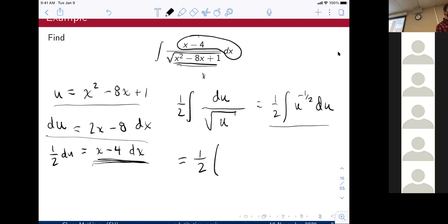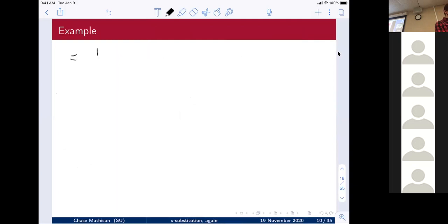Okay, so when I add 1 to minus 1/2, I'm going to get u to the positive 1/2. And then I need to divide by 1/2 plus some constant. And so when I simplify, I'm going to get 1/2 times 1 over 1/2, which is 2u to the positive 1/2, still plus c. And this is equal to, well, 1/2 times 2, that cancels. I get u to the 1/2 and c divided by 2. Again, if you want to write c over 2, that's fine with me. I don't care. But more often, when you see people do this in real life, they're just going to write